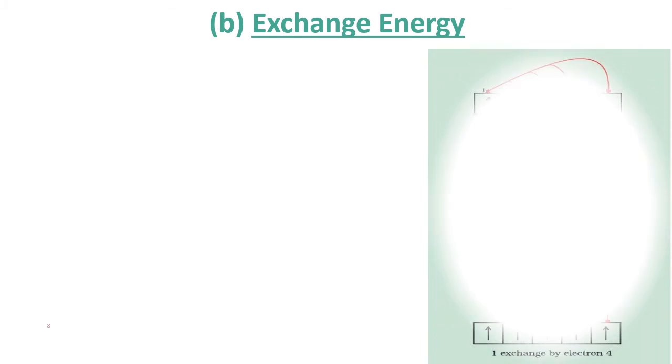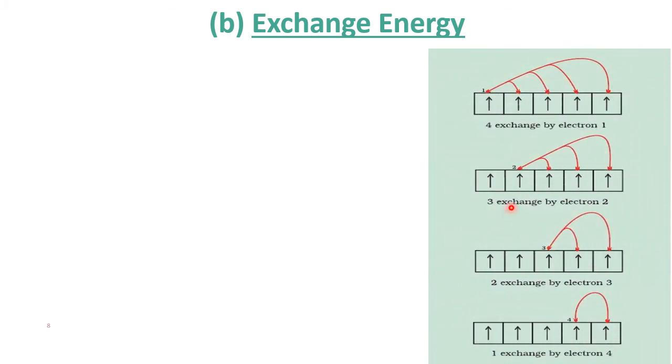Now, due to the second reason, they are more stable. What is the second reason? Exchange energy. What is exchange energy? Please look here. See here, this electron is half filled. We are discussing by taking the half filled. This will go here, you come here; I will go here, or I will go here. That means this electron is exchanging either here or with other electrons. Because of exchange, the electron is busy doing some work. Exchanging is also a kind of work only.